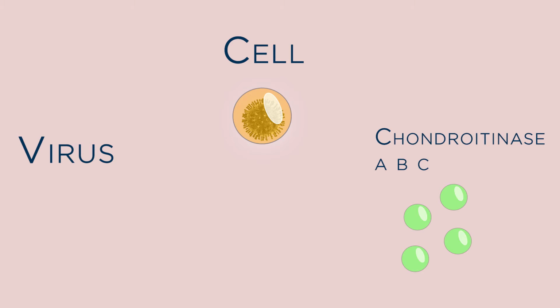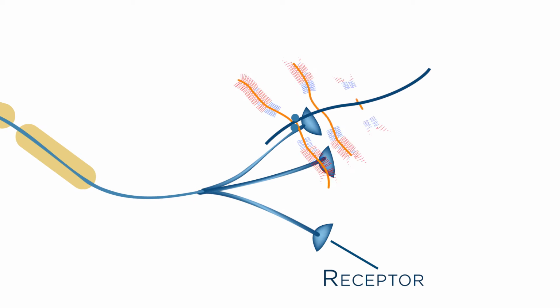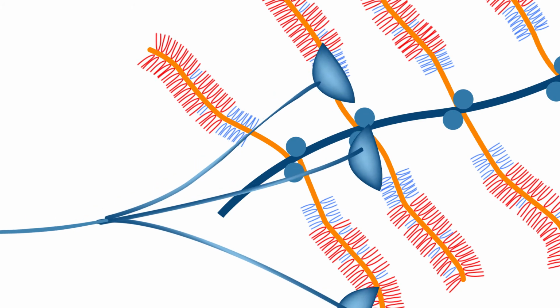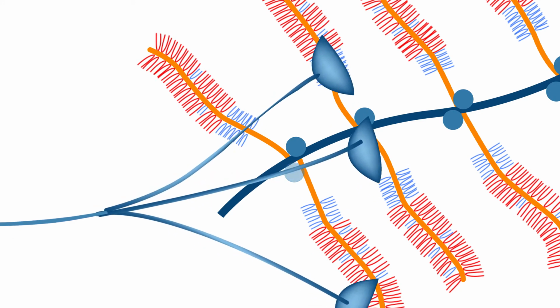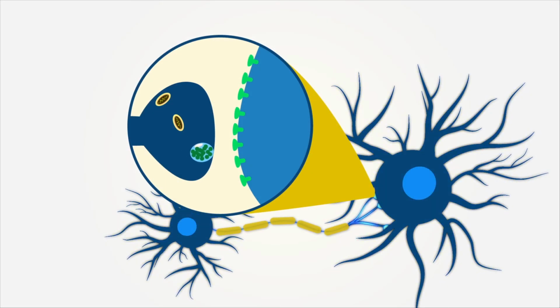produce chondroitinase ABC. The glial scar is a wall around the site of injury, which traps axons from moving past it. The tips of axons have a receptor that gets caught in the proteoglycan molecules within the glial scar. Picture it as Velcro. The axons get hooked on the proteoglycans and are unable to move. To the axons, they make a synapse-like connection, so they're happy to be there even though they're in the wrong